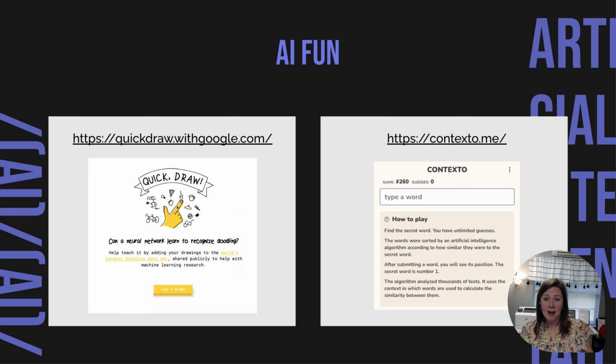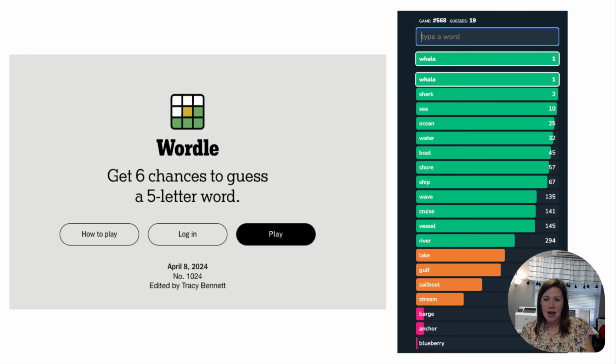Also, you can look at this other one called Contexto as a way that you can go back and forth with an AI generative tool. This is very similar to Wordle. There's a word of the day. I'm going to go to the next screen and show you how it works. I put Wordle in here to remind me to tell you that it's like Wordle, because that was super popular for a minute. So with this particular one that I did on this day, it doesn't tell you what my first word was, but for some reason, I do remember,